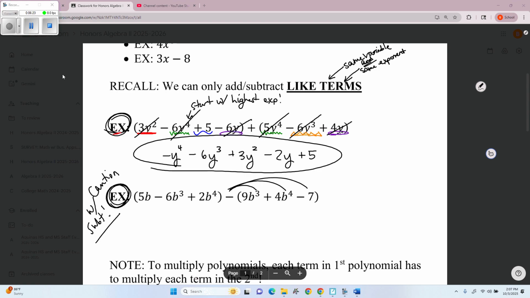So before we even start identifying the like terms, we would go ahead and say, okay, minus 9b squared is a negative 9b cubed, or b squared, b cubed, minus, this is a 4b to the fourth, so that becomes a negative 4b to the fourth when we distribute it, basically just switching all the signs in that second parenthesis, and then minus a negative 7 becomes plus 7 here. And everything in that first parenthesis